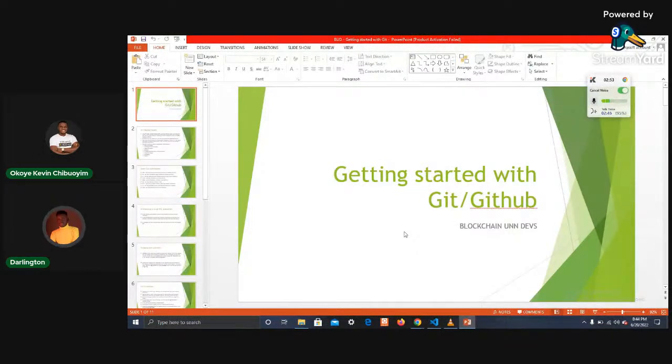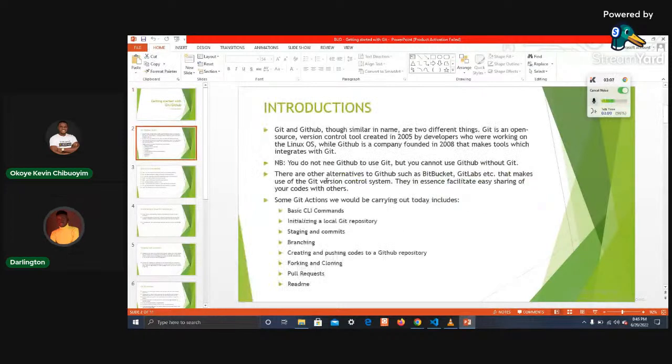Good evening once again. So we'll be getting started shortly. Like I said, today we'll be taking a deep dive into getting started with Git and GitHub. I prepared a little slide to guide us through the process, though most of what we'll be doing today will be practical.